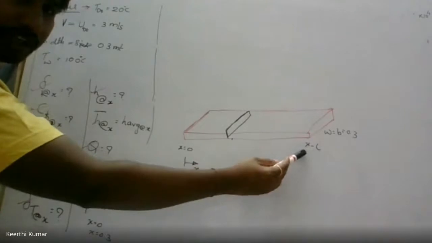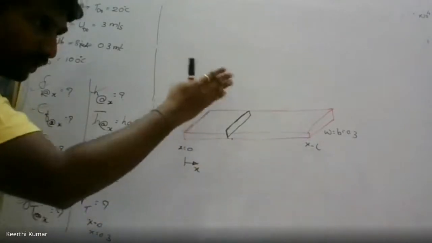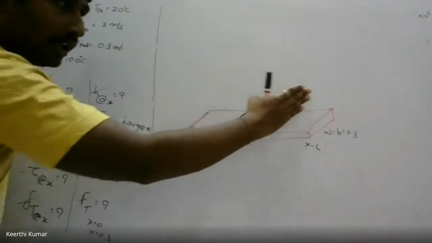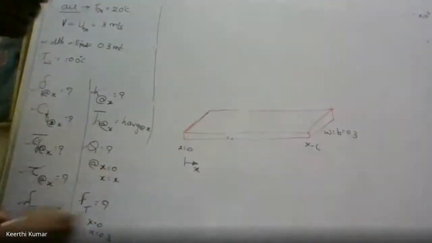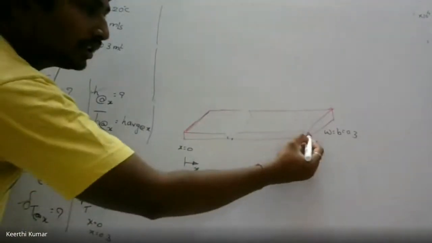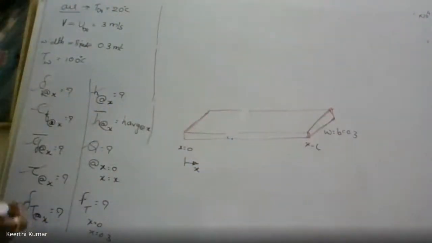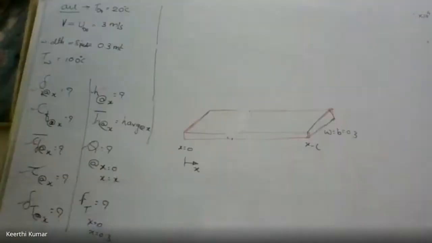What is the meaning of trailing edge? Trailing edge is nothing but x is equal to L. That means here he is asking for the property only till here. In the previous problem, he has shifted this till here. He is asking at the end of the trailing edge, that means he is interested till here. By considering the entire length of the plate, he has asked. So we have taken L into B, total length into width. Here, instead of L, it will become X. Okay, got it, sir. Thank you.